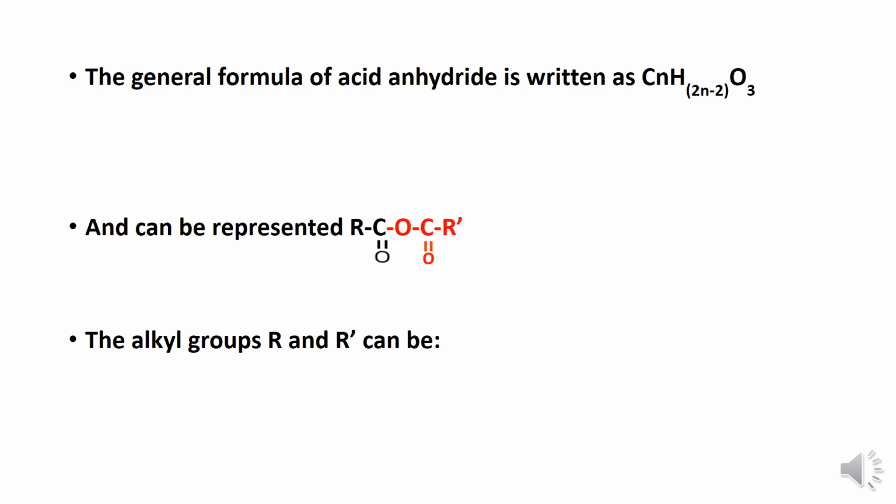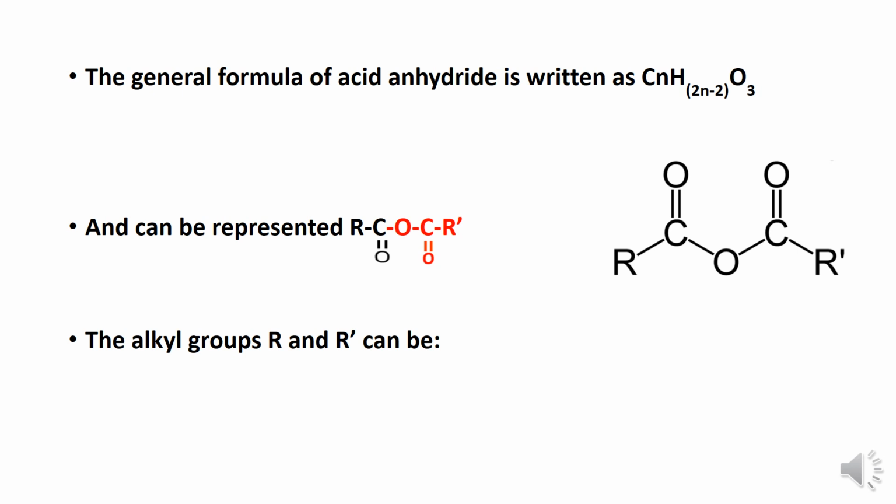Now the general formula of acid anhydride is written as CnH2n-2O3. It means the acid anhydride consists of 3 oxygen atoms, and this general formula can also be represented as RC double bond O, OC double bond O, R prime. Its structural formula, as you see it here, you have 2 R,